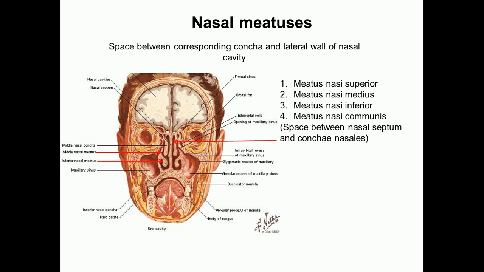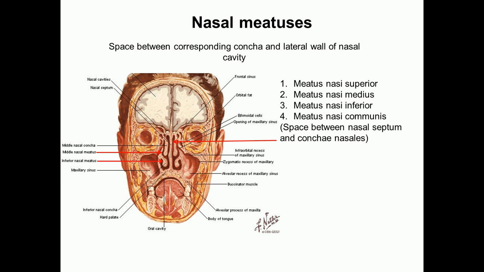So I use another red arrow, and we can find this small space between septum nasi and conchae. So the air during breathing in will pass through all these meatuses during its passing to the